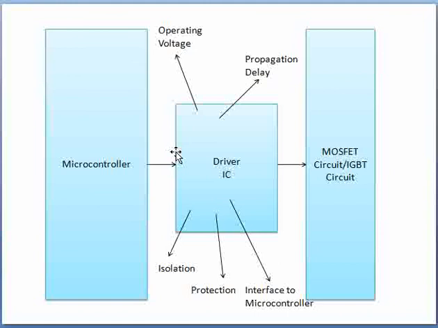So short circuit protection and any overvoltage protection that comes onto the rails, the driver IC must be able to protect. So this is an additional protection for the driver IC to perform its activities. So these are some of the major parameters which we might have to consider for selecting a driver IC. And then